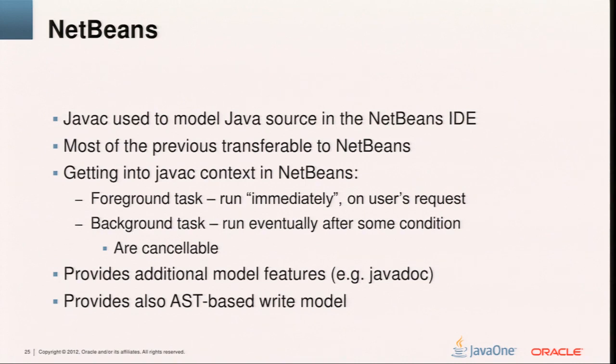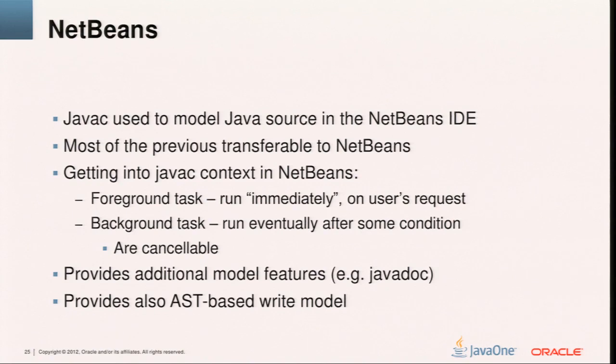Just before ending, I will shortly explain what we have seen in the example. Inside NetBeans, we use the Javac to provide warnings and code completion and everything. We have two types of tasks that access the data from Javac. We have foreground tasks, which get the data as soon as possible synchronously, and we have background